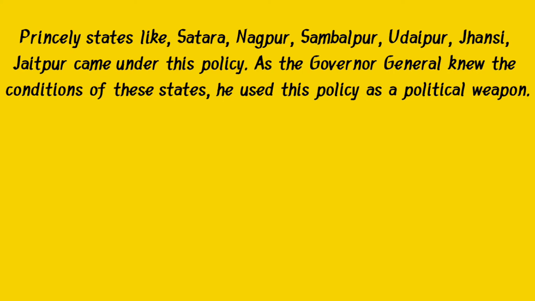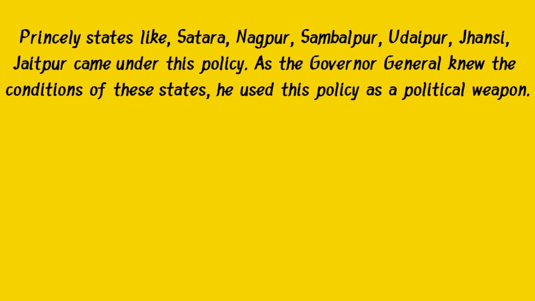So those Indian rulers who die childless or who adopt children, they don't have any legal right over their father's property or over their throne. So such states were merged into the British Empire. The states which were merged with the British Empire: